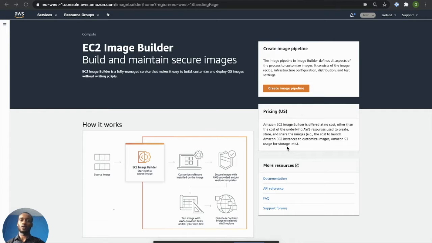This is a demo for the Golden AMI. So basically, what it is, I will be building a Golden AMI image using EC2 Image Builder from Amazon. So first things first, how you locate the tool is by navigating to the AWS website, clicking